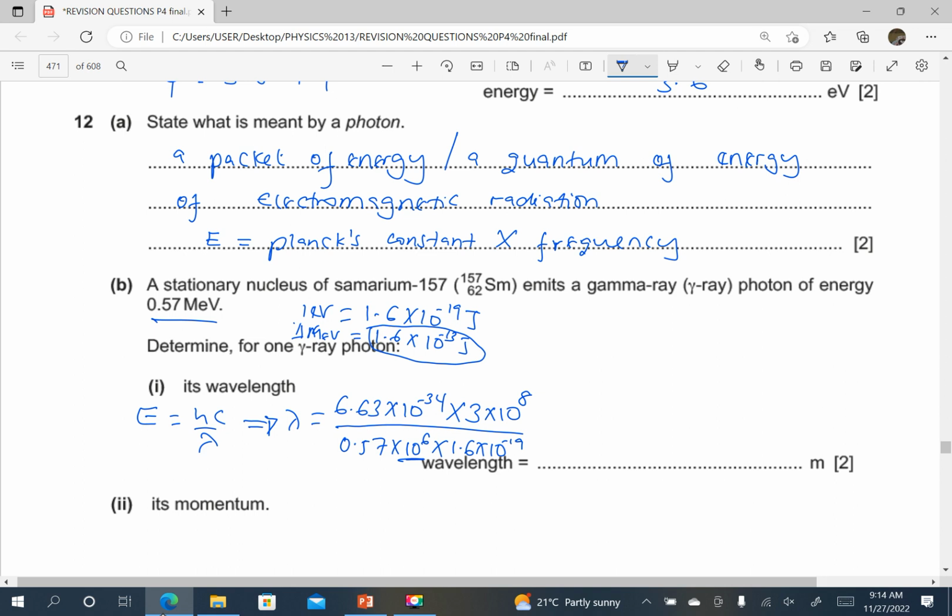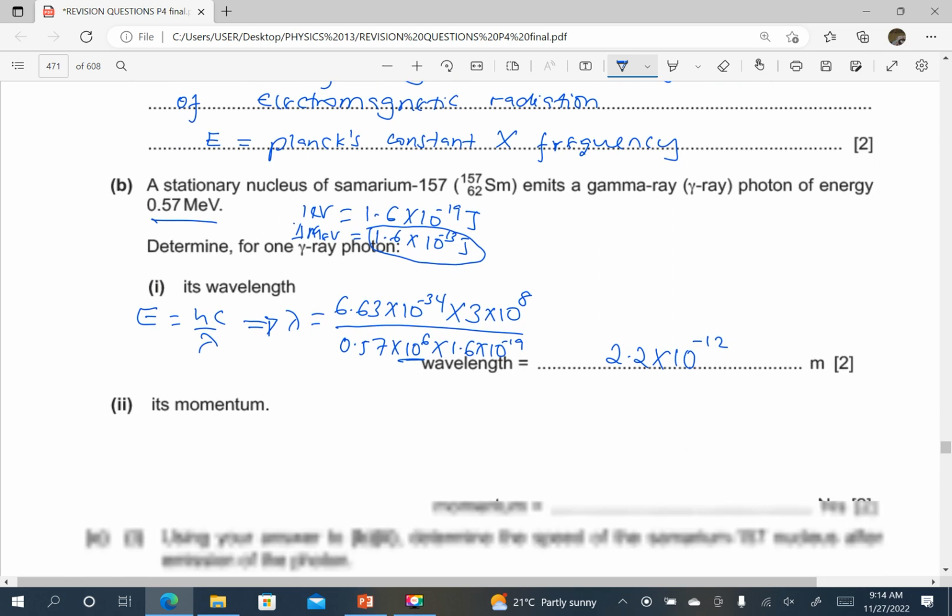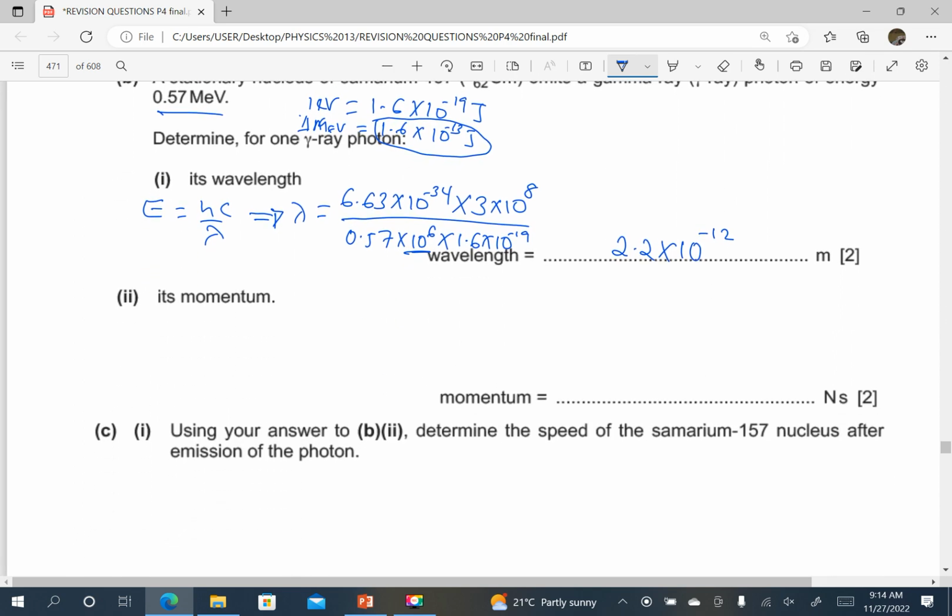So from my calculator, this is 2.2 times 10 power negative 12. That is the wavelength. Then its momentum,